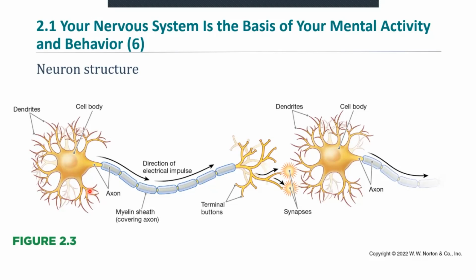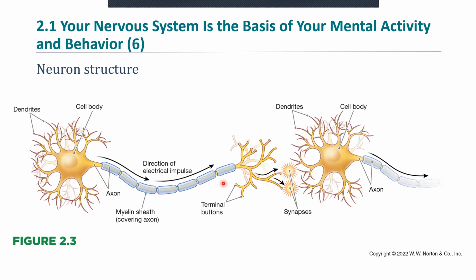I often call neurons communication cells because they send messages constantly between them, and this is what leads to your thinking and your behaviors. It's a whole bunch of neurons communicating in a sense with one another. So these dendrites receive information from other neurons, and this is a special feature of neurons. Other types of cells do not have dendrites, only neurons. Another special feature of the neuron cell is the axon, and that is this long tail-like structure here.